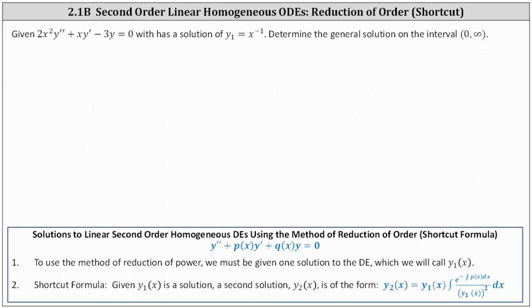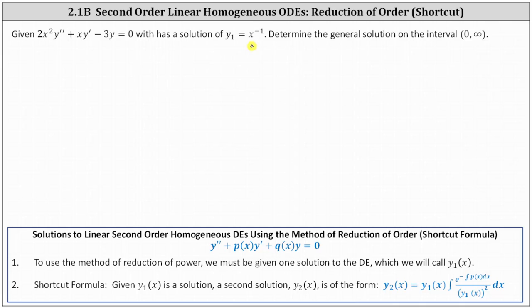Given the second-order linear homogeneous differential equation has a solution of y1 equals x to the power of negative 1, we're asked to determine the general solution on the interval from 0 to infinity. We just solved this problem using the full reduction of order method, and now we'll solve the same problem using